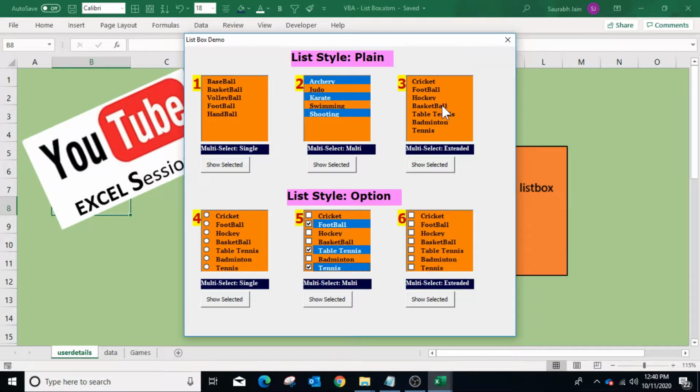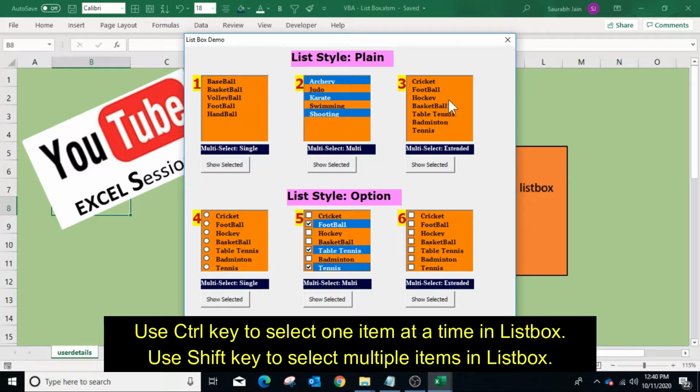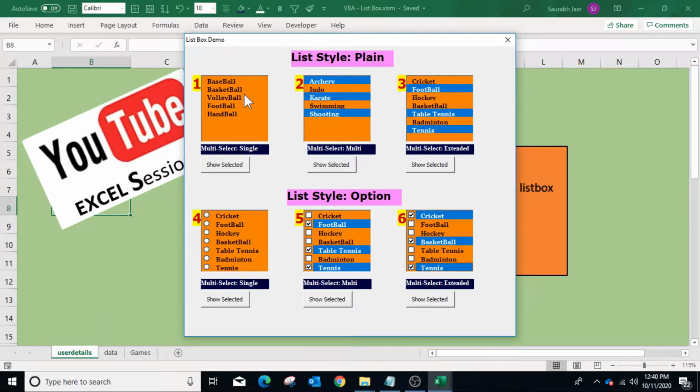In list box number 3 and 6, where the multi-select property is fmMultiSelectExtended, you need to press the Control or Shift key to select multiple items. In list box number 1 and 4, where the multi-select property is single, you can select a single item in the list box.